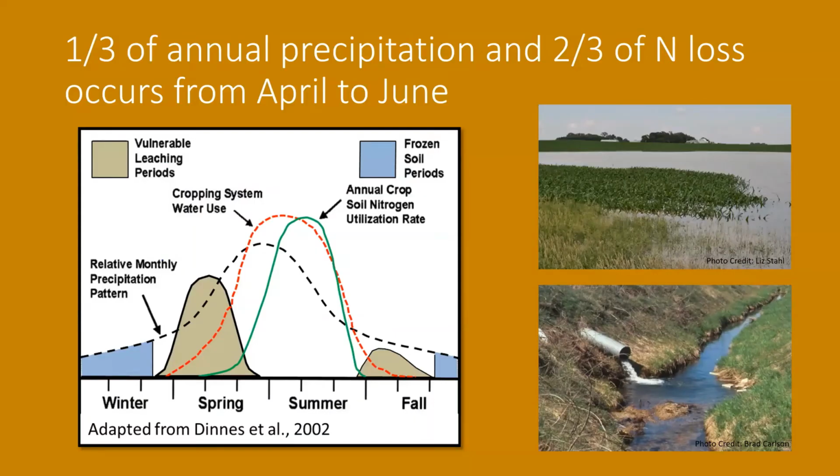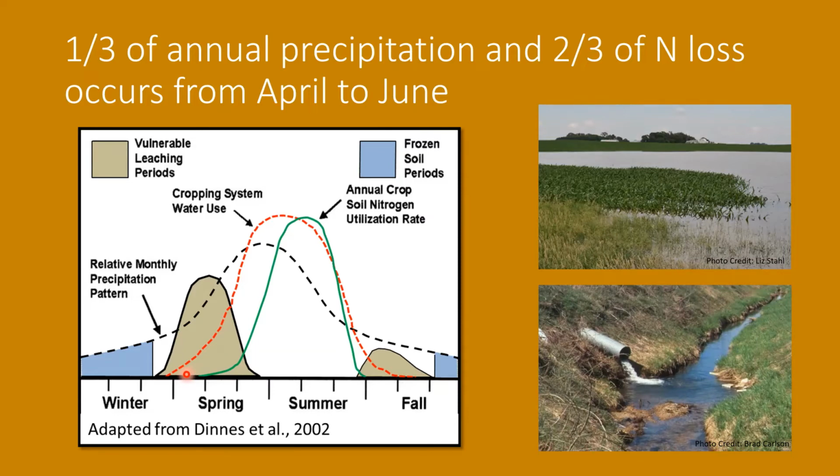An additional challenge associated with selecting the appropriate pre-plant nitrogen rate is that it's difficult to predict the future weather. In Minnesota, historically, we receive about a third of our annual precipitation during the spring months of April through June. And during this period, corn nitrogen utilization is really low. We just planted, the corn crop is either just emerging, it's got a really limited root system, it really doesn't need that much nitrogen, but we've applied it all up at the front. But now we're going to receive about a third of our annual precipitation. And so this is marked by significant leaching events.